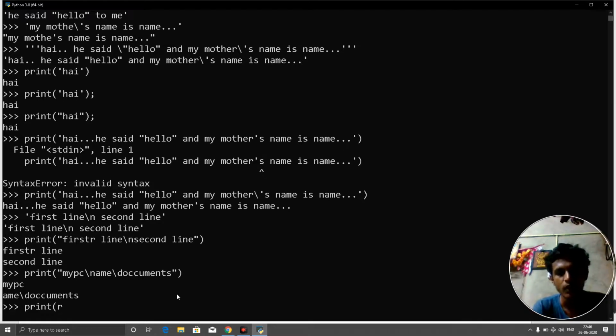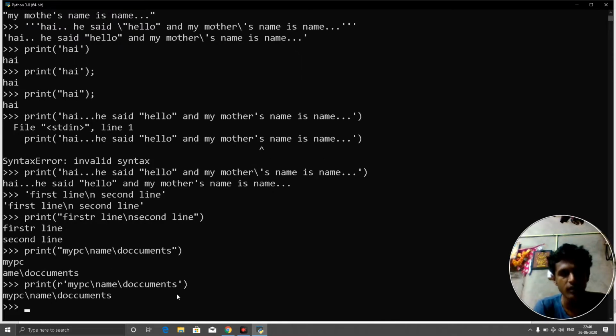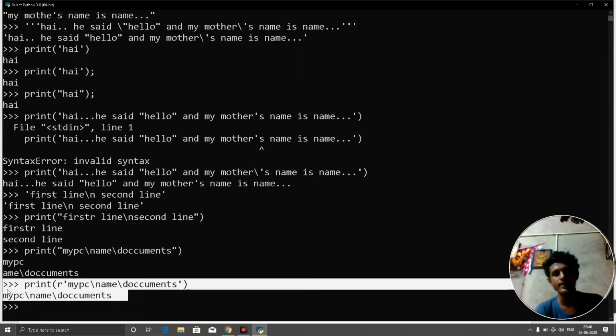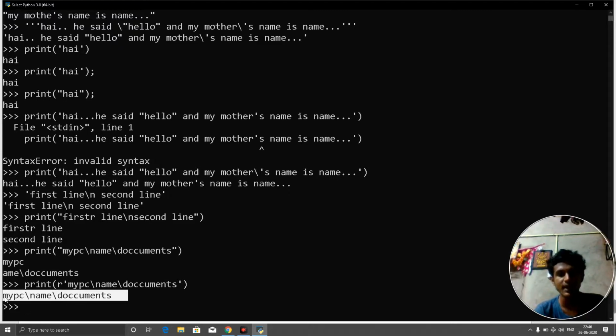Raw means R. Then type my PC slash name slash documents and just close it. Now Python considers it a raw string, and it will not treat slash n as a special character. It will just give the slash n as it is.